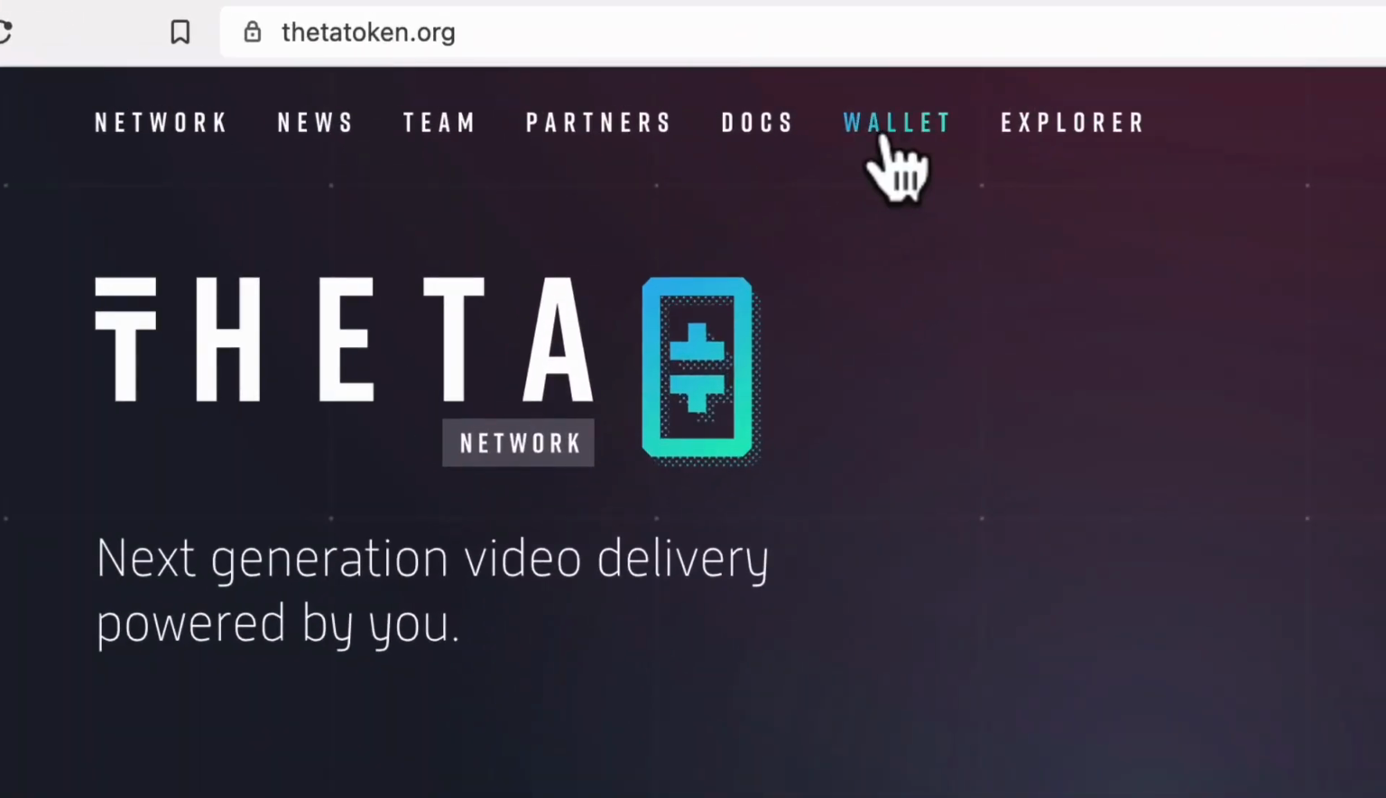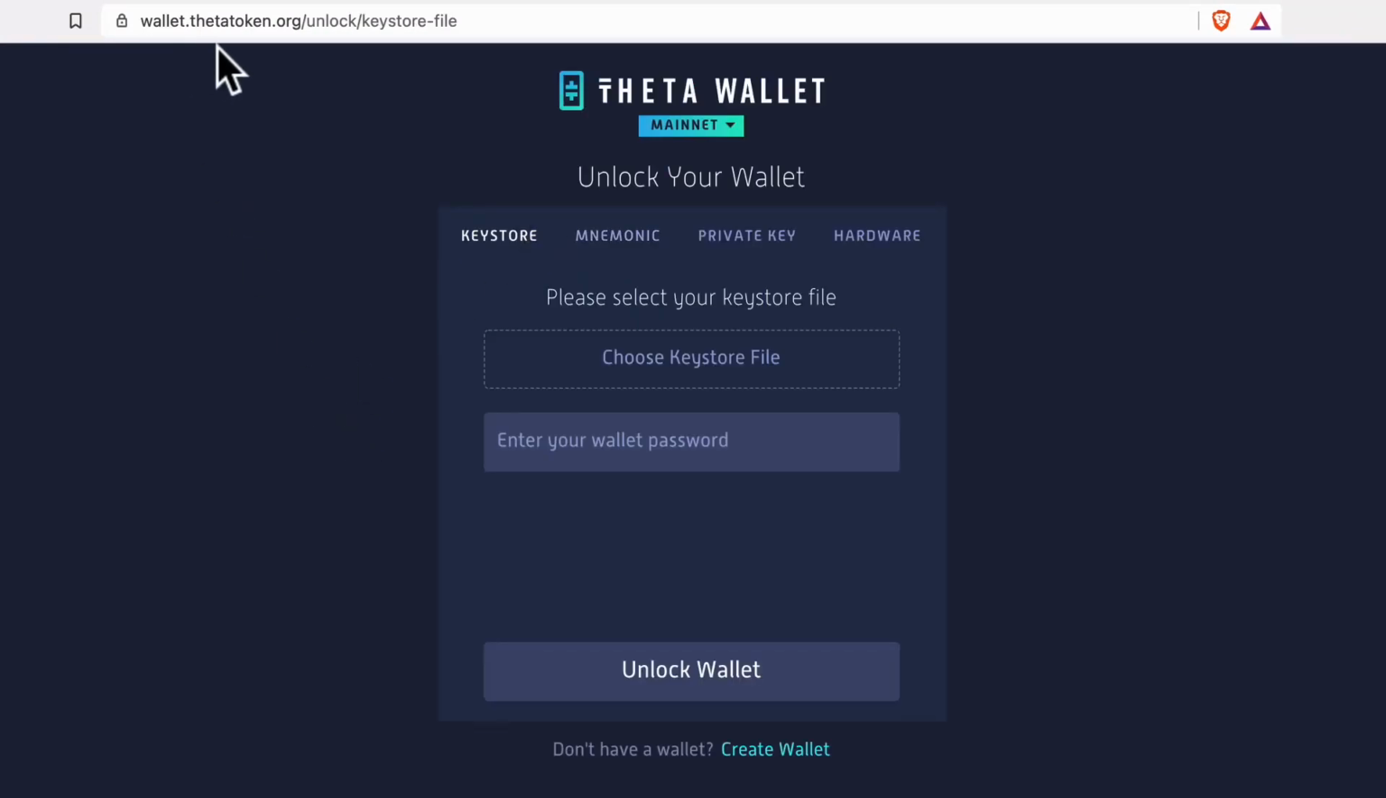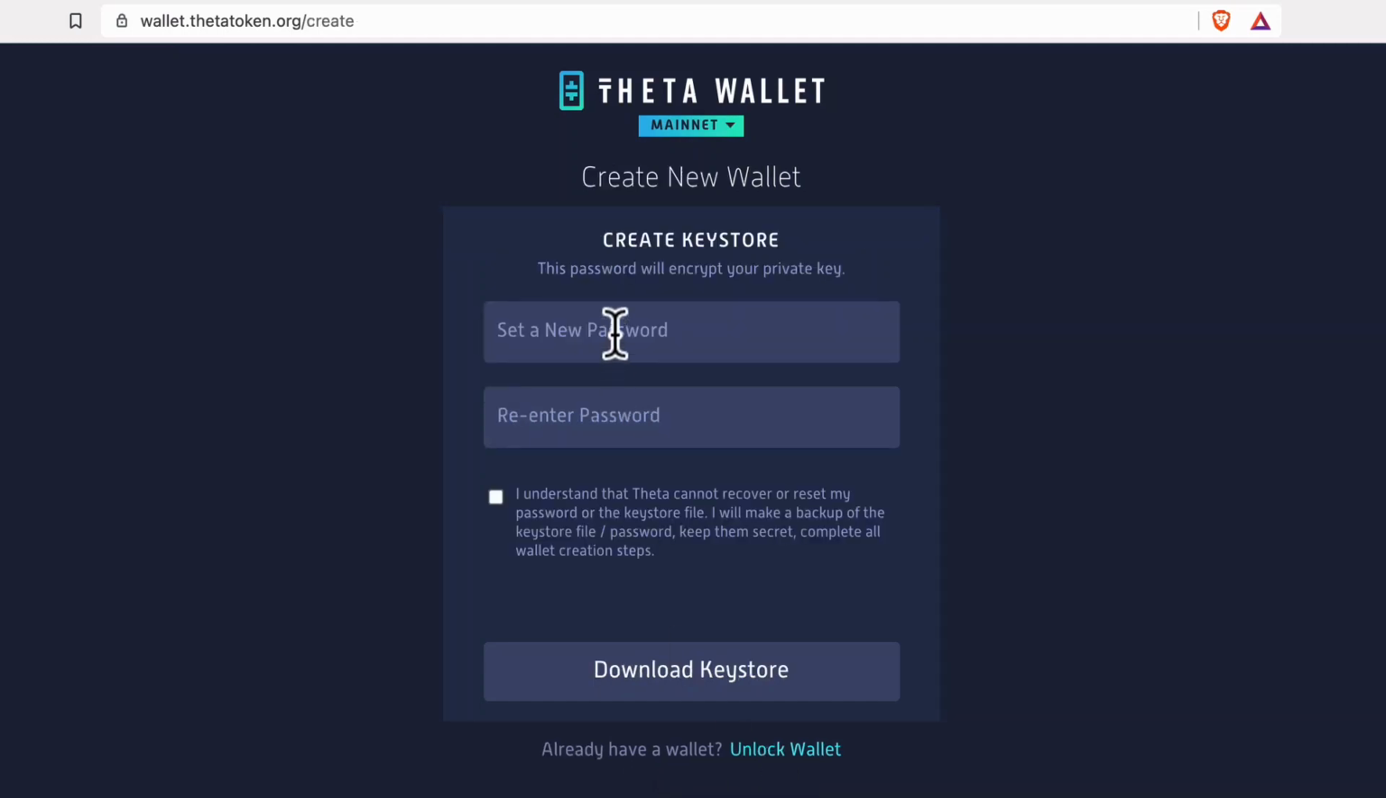And at the top, there's a link called Wallet. Click on that, and that'll take us to wallet.thetatoken.org. And we want to go to the bottom and click on Create Wallet. And that'll create a new wallet for us. And so under Create New Wallet, it'll ask us to create a key store and set a new password for